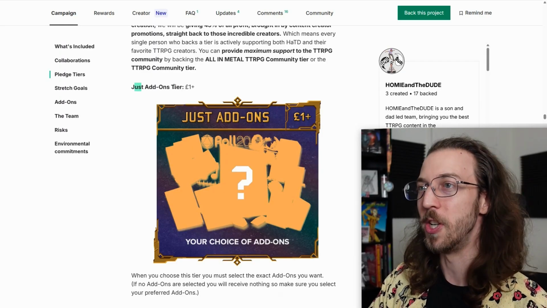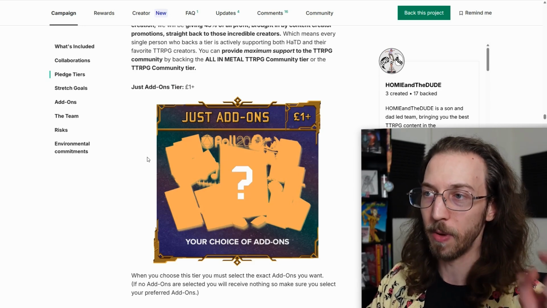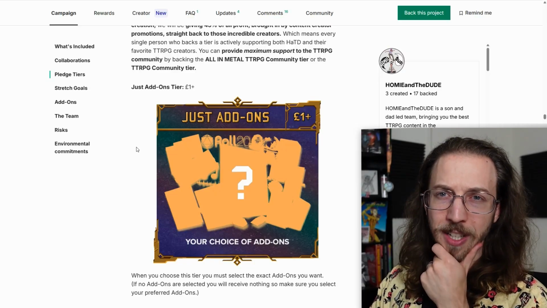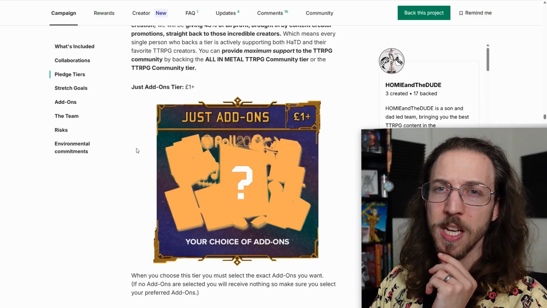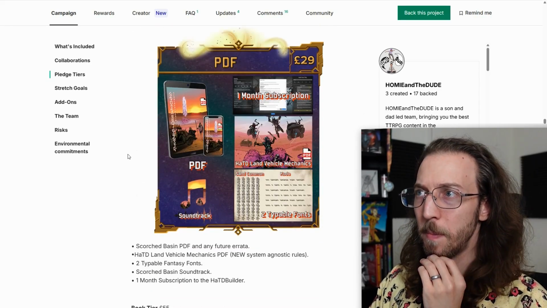So we start with just add-ons, where you're not backing anything in particular. You're then going to really pick and choose in a very fine way what you want. And I like that because I feel like that's not common. I feel like most things you need to back a physical item to do any add-ons at all. So that's cool. PDF tier,